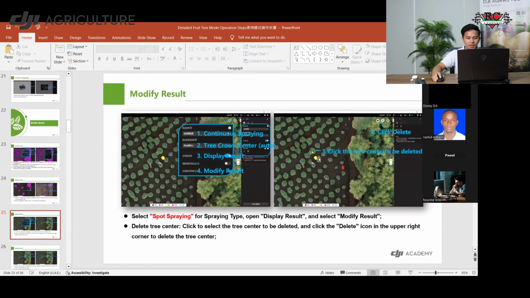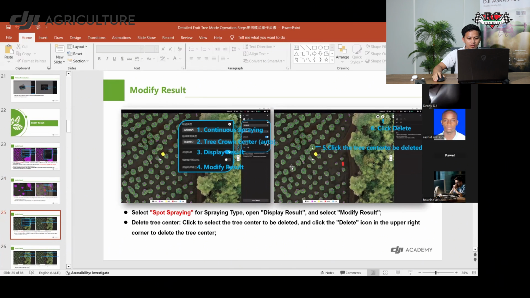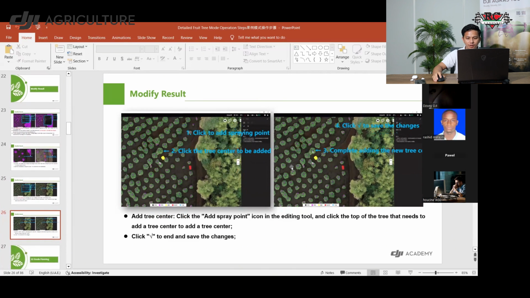Then if you go to the tree ground center, you will see tree by tree. The first one is to modify the whole area. These are tree areas, these are obstacle areas. The next one is to check whether this is exactly the tree center or not, and you have to modify it, because here you see the plot. Once you finish modifying,